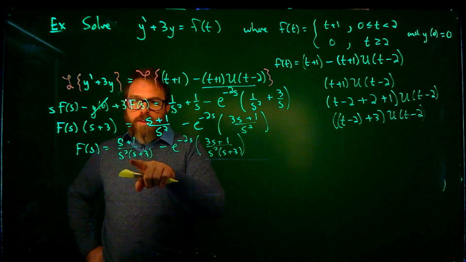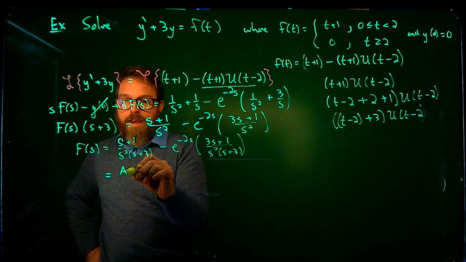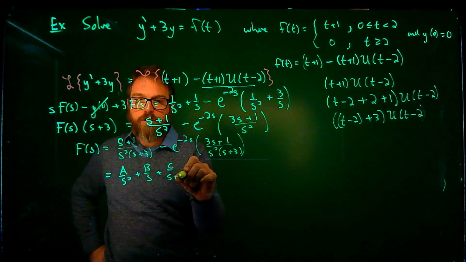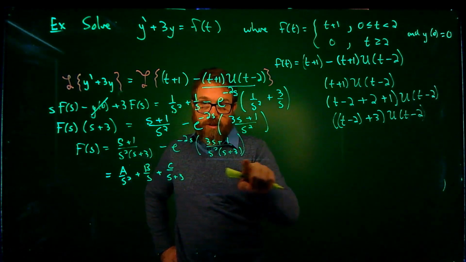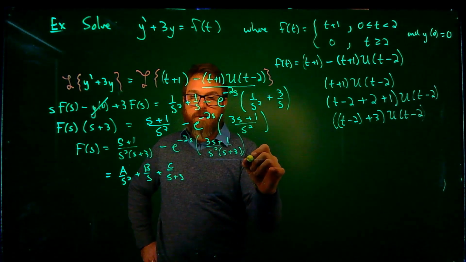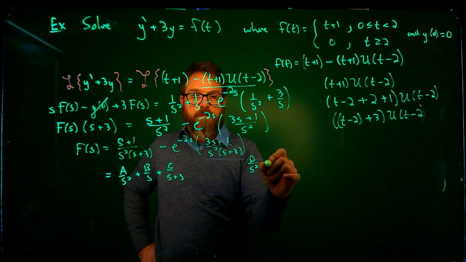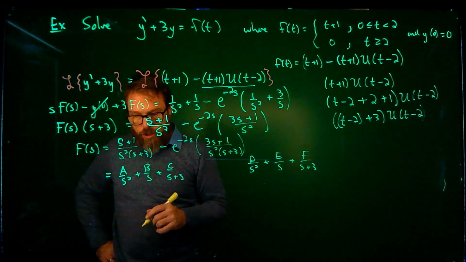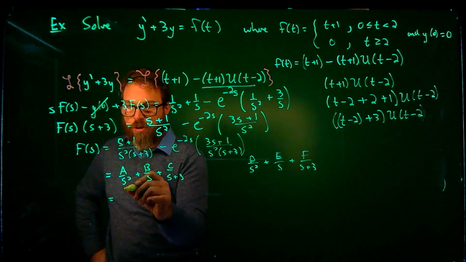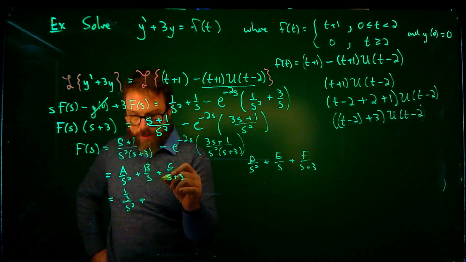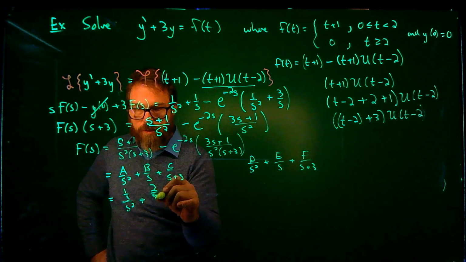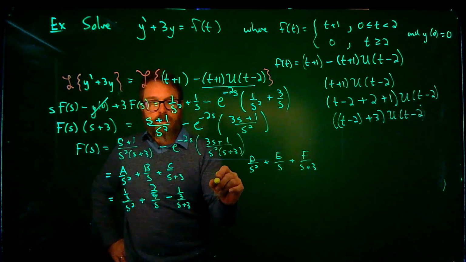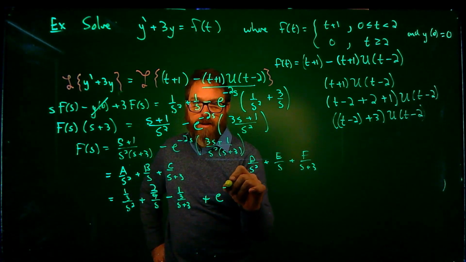So this is going to have to break apart into a over s squared plus b over s. That takes care of that s squared, and then we're going to have our c over s plus 3. And I have to do the exact same thing for this part of it. So this piece also is going to be some d over s squared plus e over s plus f over s plus 3. And it just so happens that in this case a is going to be a third, so this is 1/3 over s squared, plus b is going to be 2/9 over s. C is going to be equal to minus 1/3 over s plus 3, plus our e to the minus 2s times